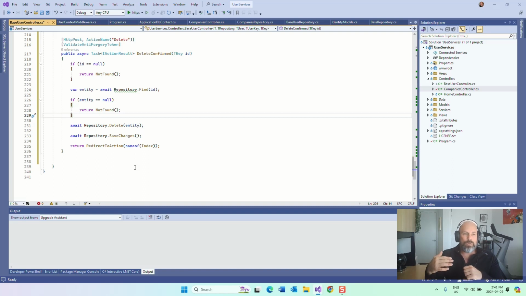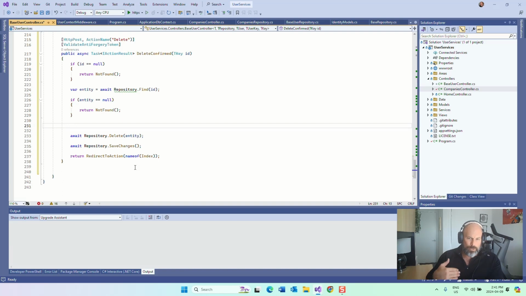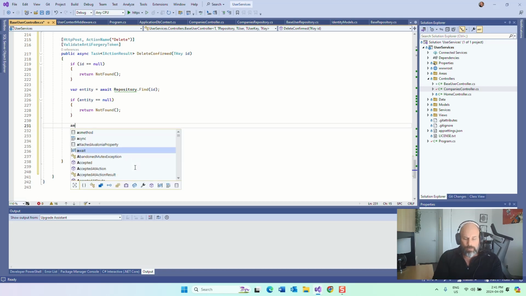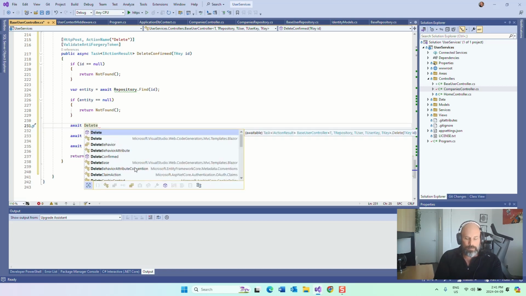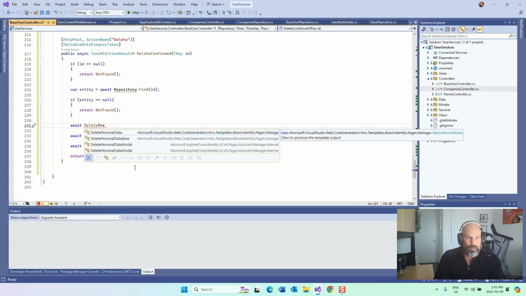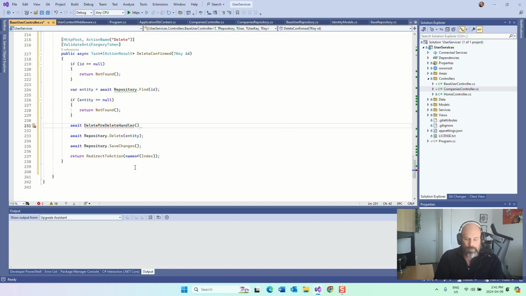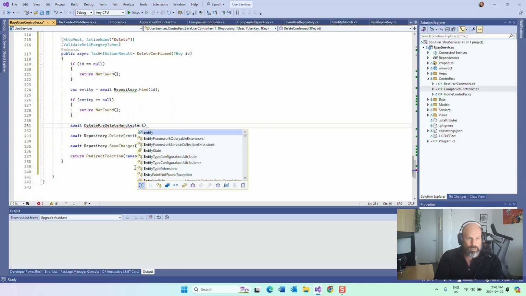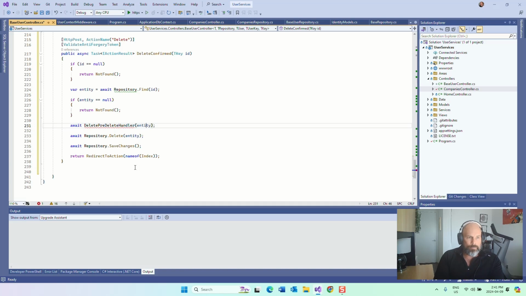So in order to do that, you may want to intercept the delete prior to it going in. In other words, you want to set up a list of things to do in the database before delete actually happens. So we say delete pre-delete handler, and we want this to be passing in the entity, and we can just create that